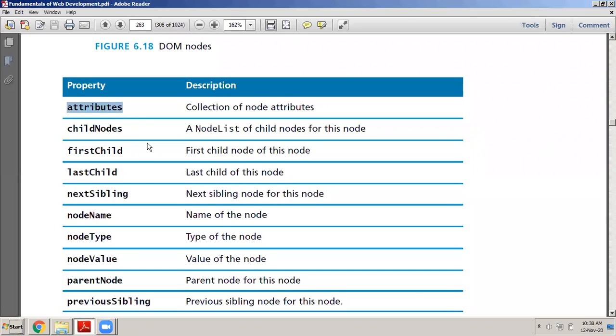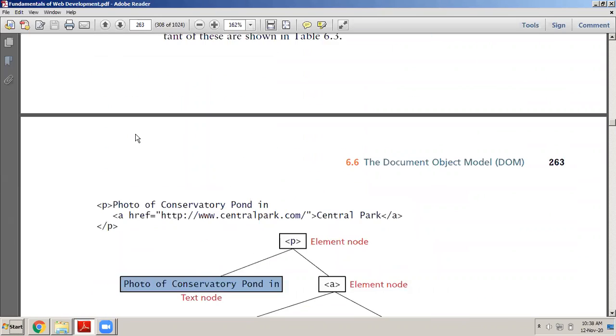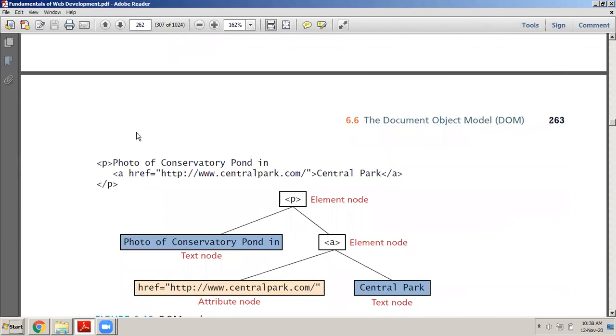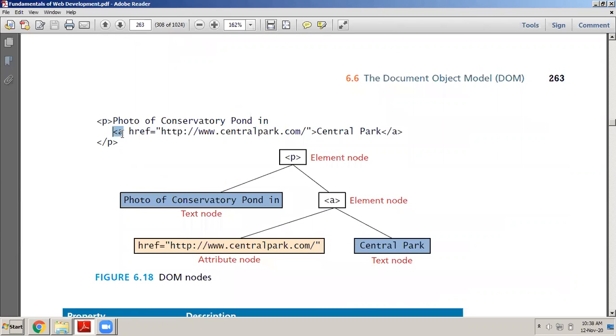First one is attributes. If you use attributes on a particular node, it gives the attributes of that node. What is the meaning of an attribute? You have to understand that first. Now remember, the A tag has an attribute called href. When we start the A tag, we write A followed by href, and in href we write the link to which we have to go. So if inside a tag, before closing, there is some property and some value, remember that entire thing is called an attribute. Href is the property, and http colon www.centralpark.com is the value. This entire thing is called an attribute.